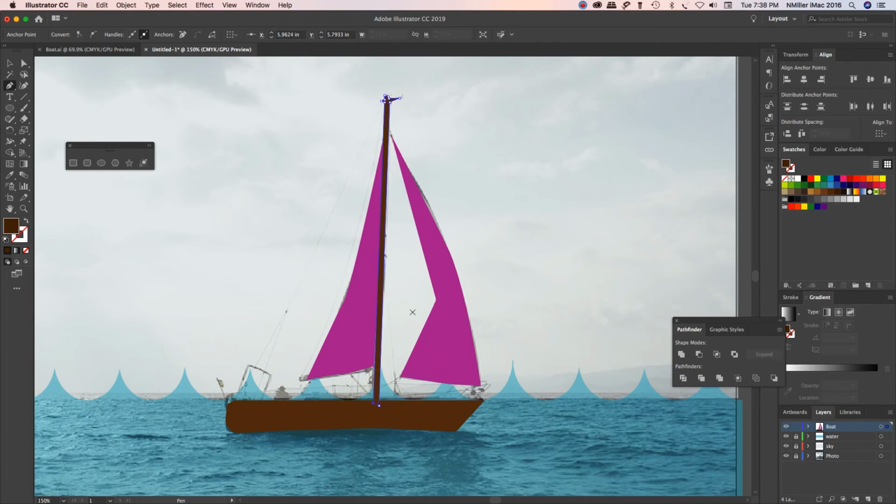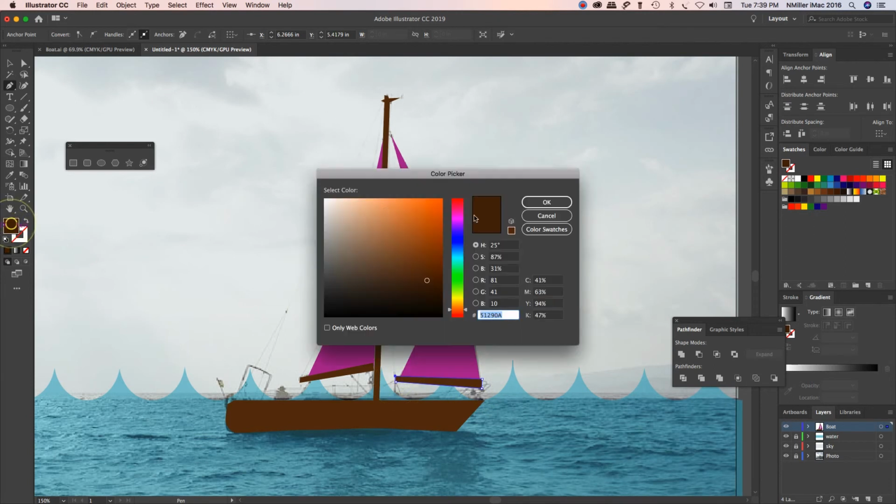All right, and then the next thing is I'm going to get the little boom on the boat, and then I'm going to do the other side as well. Add a little boom there. All right, so I have that, and then I think I'm going to right click, double left click, and then I'm going to make a little